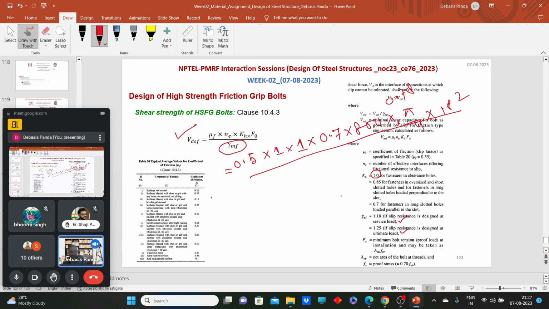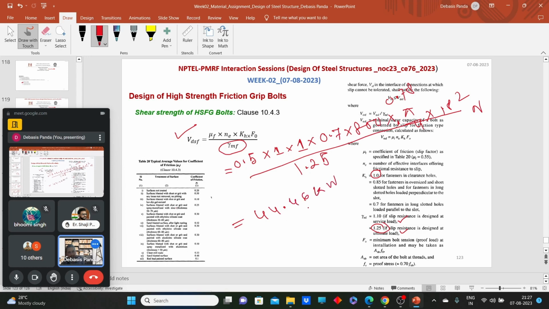That means this value will become 1.25. Now calculate and tell me what will be the value of this thing. That will come in Newton. Tell me, what is the value that is coming? I think it comes as 44 point something,